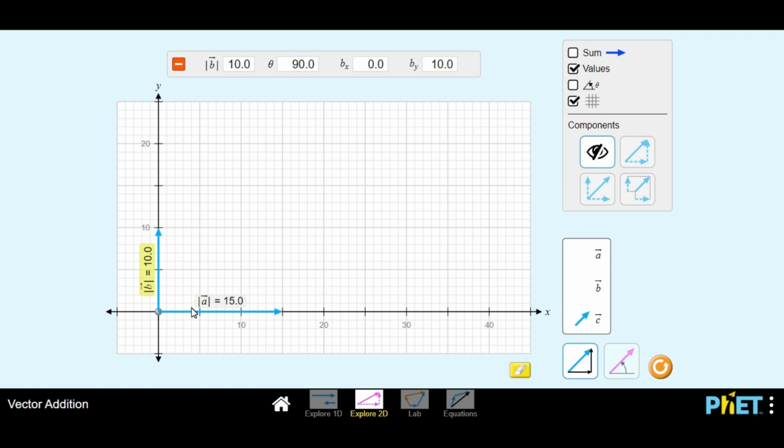So we can imagine we have a box that is pulled to the right by 15 newtons of force, and it's also pulled upward by 10 newtons of force. And then the question, the same: what is the resultant? Now to find the resultant, we can simply, from the end of the first force, draw a dash line,